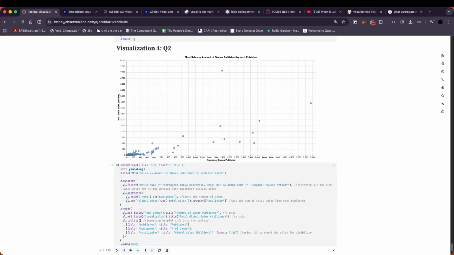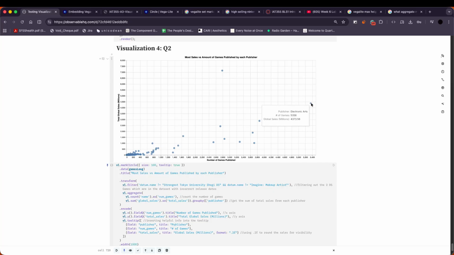On average, do the publishing companies with the highest yearly sales also produce the most games per each year? So essentially, or initially, sorry, I wanted to frame this as like a quality versus quantity thing. Like if you were a publisher who spent more time to make fewer games, but maybe they were better games, would you still be able to make as much money as a company that pumped out a lot of games? What I found out was